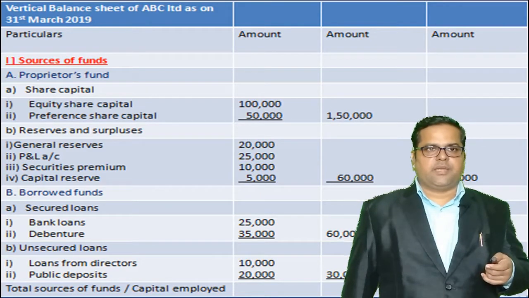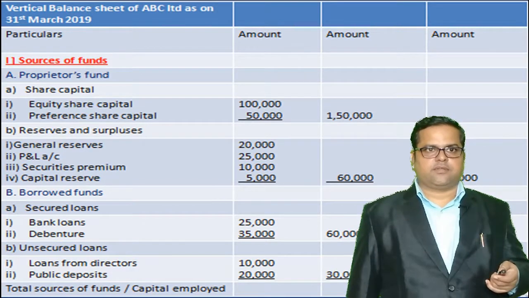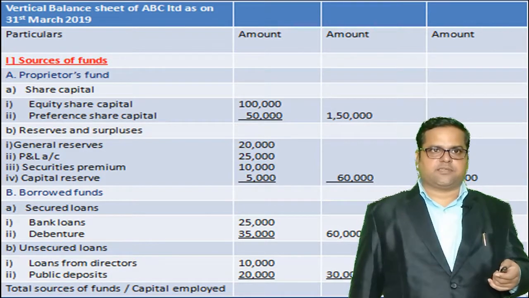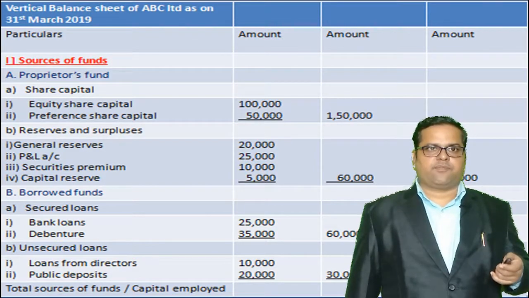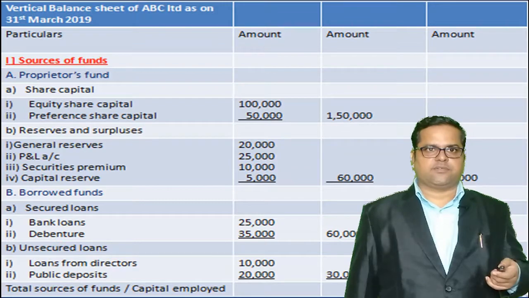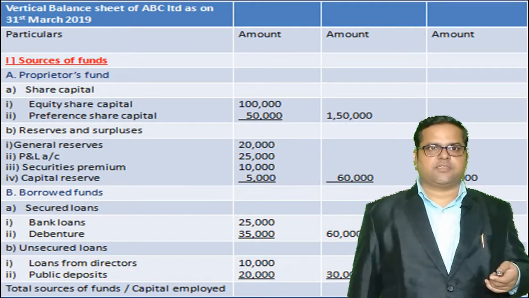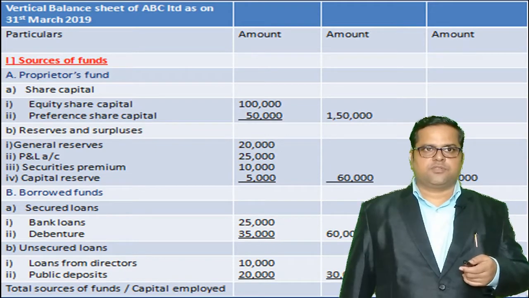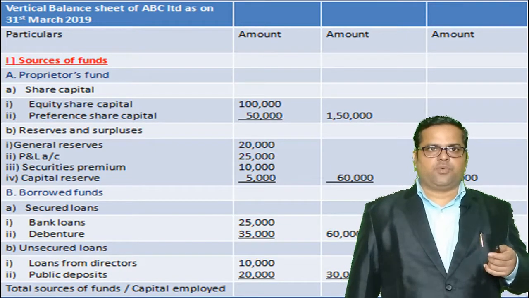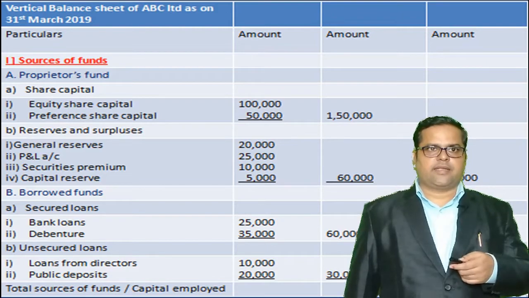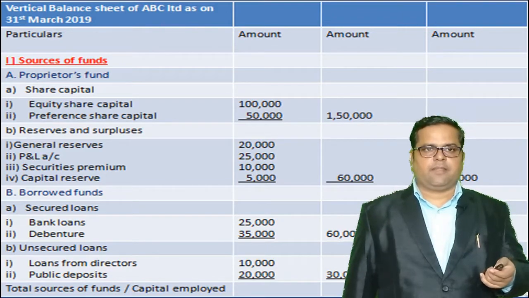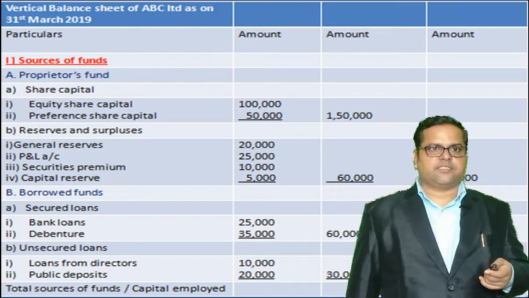Now in this sum, preliminary expense or discount on issue of shares are not there, so we need not record miscellaneous expenditure, which used to be subtracted from proprietors fund. Okay, so our proprietors fund will include only share capital and reserves in this sum. So we will add up two items appearing in the second column, that is 1,50,000 plus 60,000 will give us 2,10,000. Clear? So major heading was proprietors fund, so one value will appear in third column which will indicate the value of proprietors fund.